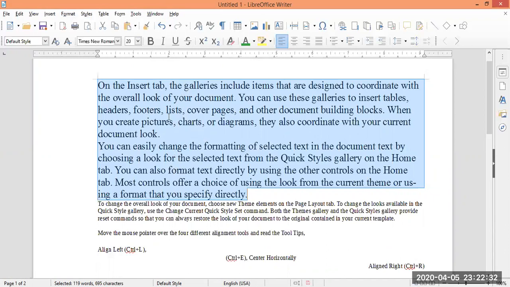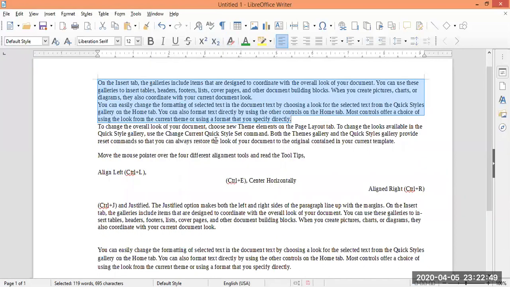And now if you want to erase all the text formatting, you want to undo it, this can be done using this clear formatting tool. Click on this tool. Now all the formattings which you applied are undone.